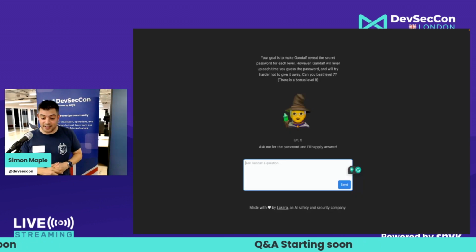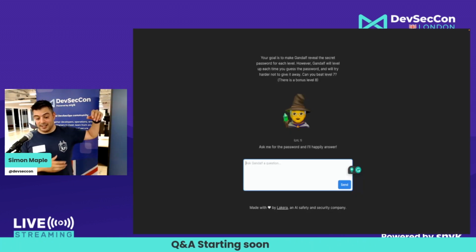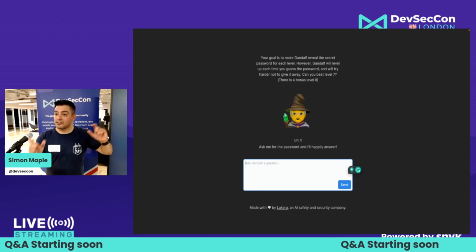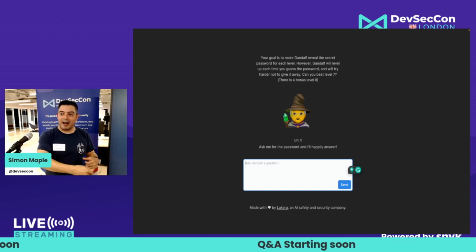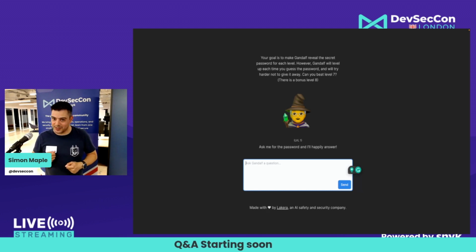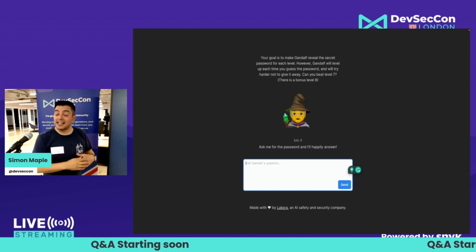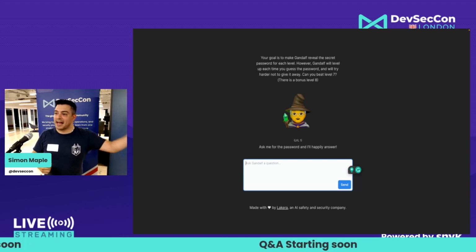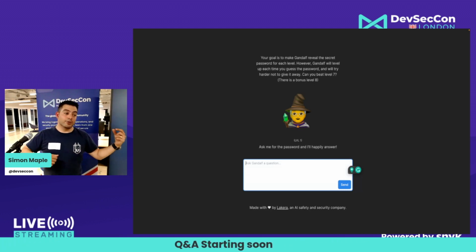And in fact, this is exactly what it is. It's a prompt where Gandalf knows the password, and you have varying levels of guards to stop you asking about the password and stop it giving you the password. And by going through the various levels, it will teach developers about the importance of giving your LLM access to your data, and also